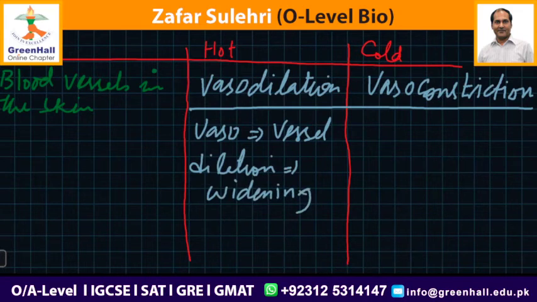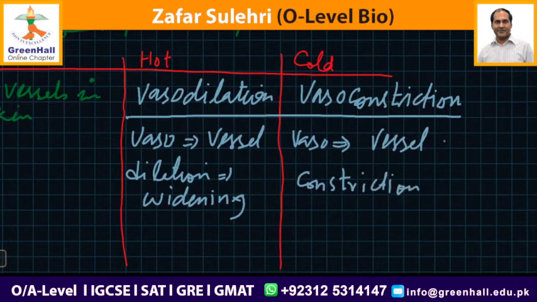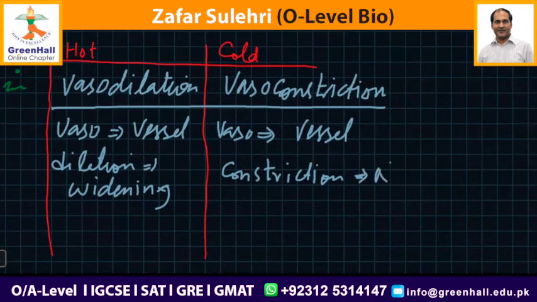Similarly, vaso means vessel and constriction means narrow. Okay,